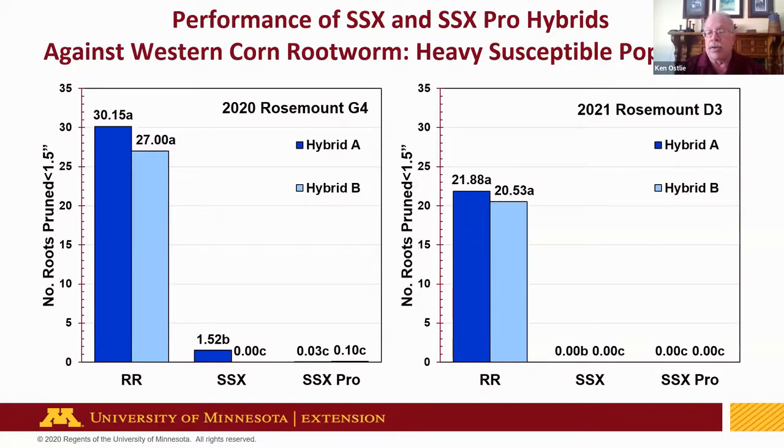I just thought I'd throw in a couple slides on performance of the RNAi. Here's two fields that have a susceptible corn rootworm population. So you see the smart stacks themselves are working quite well, and you see a slight bump in kill with the smart stacks pro. The dilemma is you don't know what situation you're in if you've got a susceptible population like this, or if you've got a resistant one.